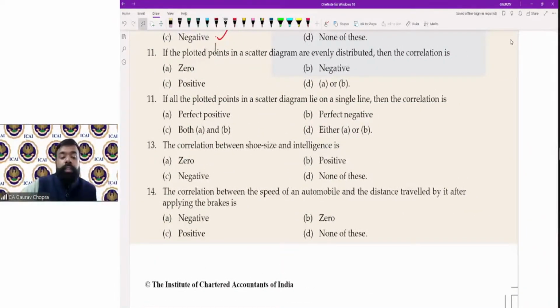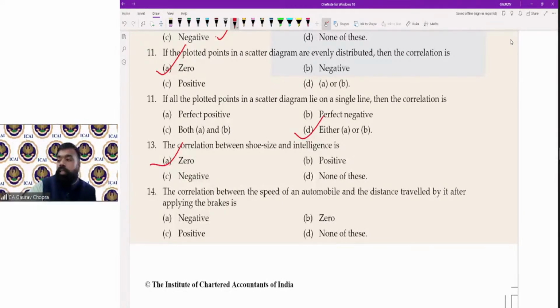11, if the plotted points in a scatter diagram are evenly distributed, then correlation is, हर जगह स्प्रेड है, कोई रिलेशन नहीं बन रहा है, कोरिलेशन विल बी जीरो। If all the plotted points in a scatter diagram lie on a single line, एक सिंगल लाइन पे है, लेकिन हमें ये नहीं पता कि वो लाइन डाउनवर्ड है या अपवर्ड, सो इट कैन बी इधर परफेक्ट पॉजिटिव और परफेक्ट नेगेटिव। क्या ये दोनों हो सकते हैं? नो, दोनों में से कोई एक हो, या तो परफेक्ट पॉजिटिव या फिर परफेक्ट नेगेटिव। ऑप्शन नंबर डी, इधर ए और बी। देन कोरिलेशन बिटवीन शूज साइज एंड इंटेलिजेंस, दोनों में कोई कोरिलेशन नहीं है, तो ऑप्शन इज जीरो।